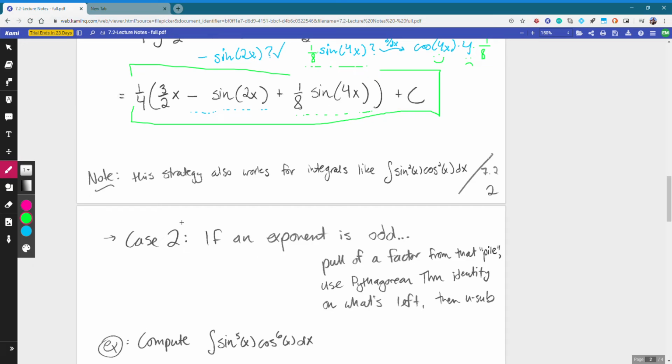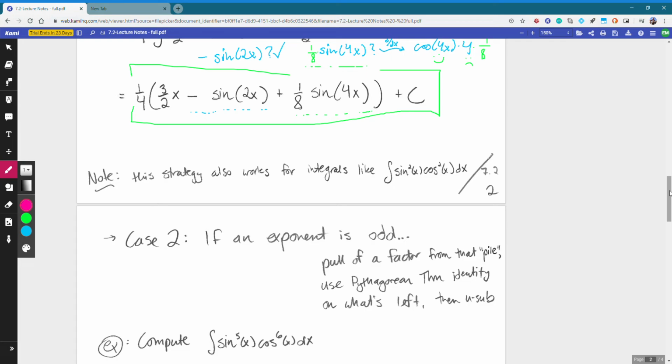Our next case is if at least one exponent is odd. And in that case, maybe they're both odd or maybe just one is. Let's just say that one exponent is odd. Then we'll focus in on that piece, and what we're going to do is 3 steps. We're first going to pull off one of those factors from that odd pile. We're going to use the Pythagorean theorem identity on what we have left there, and then we're going to do a u sub. And I'll ask you just to go with me for now. I'll look to clarify the point of all this, what this is trying to accomplish